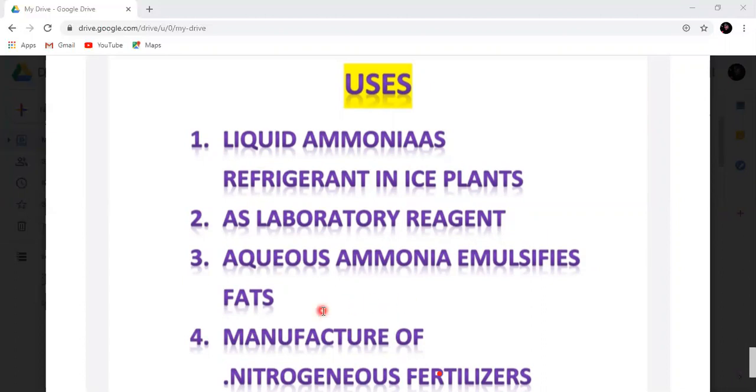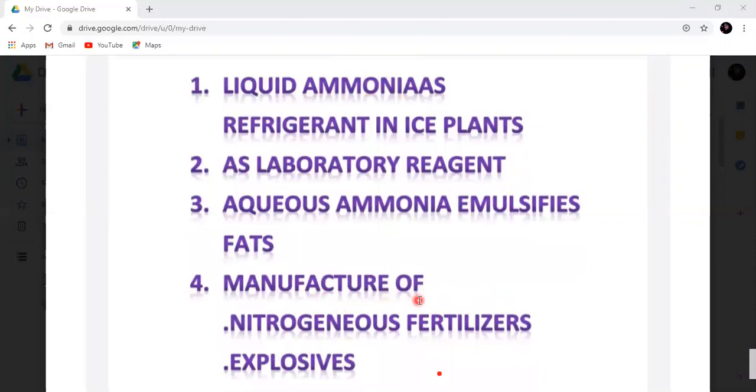from the clothes. Next important point is the manufacture of different things like nitrogenous fertilizers. As the name indicates, in nitrogenous fertilizers the main thing is urea. The preparation of urea is done with the methane. Sorry, I have used the word methane, that is not methane, that is ammonia. When ammonia is treated with carbon dioxide at 150 degrees Celsius and 150 atmosphere, urea is formed with a water molecule.